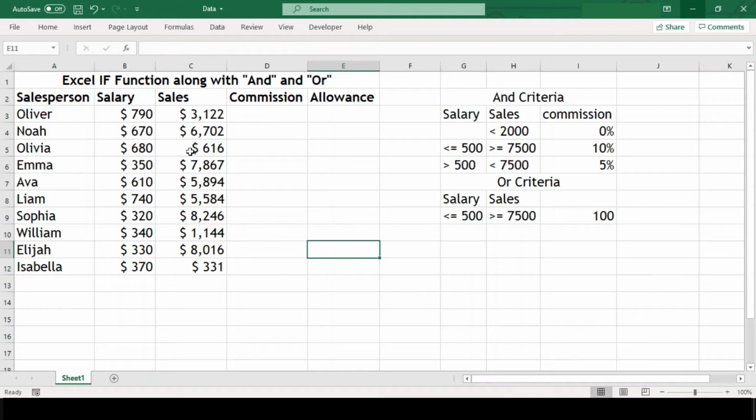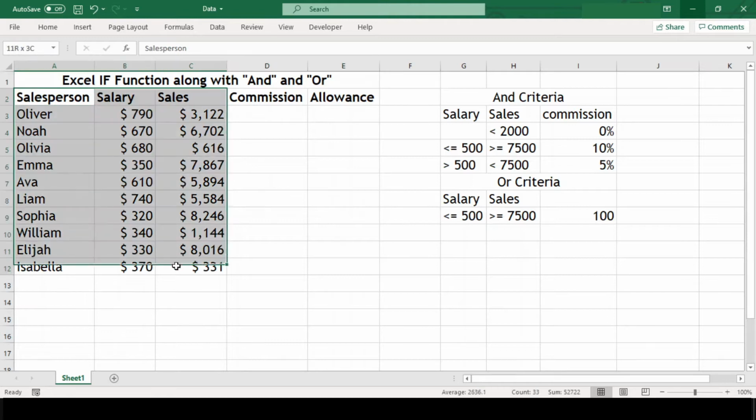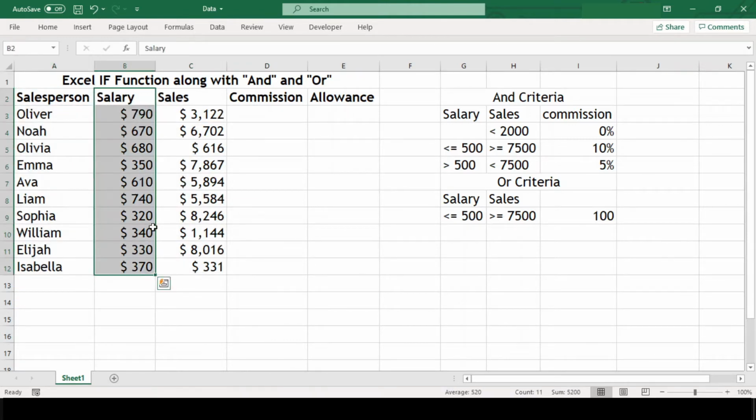Today, we'll understand how to use AND or OR along with the IF function. In this data, here we have the names of our salespersons, their respective weekly salaries and sales besides them. Considering the salary and sales, we have to find out how much commission and allowance we are supposed to pay